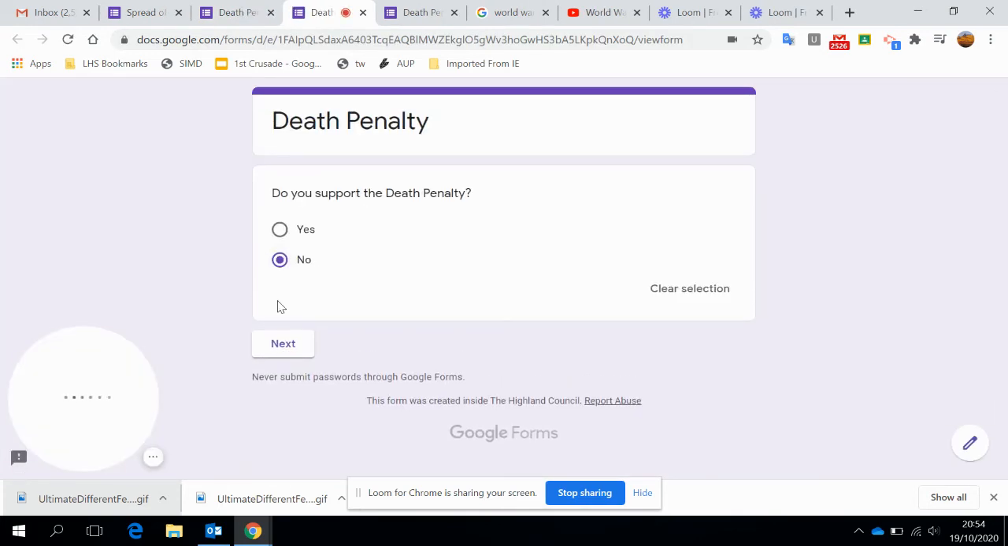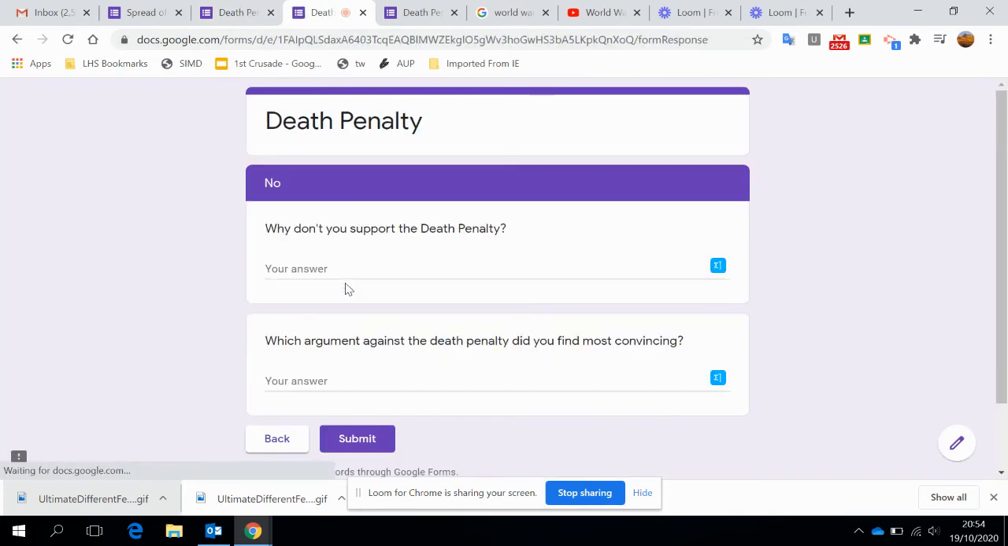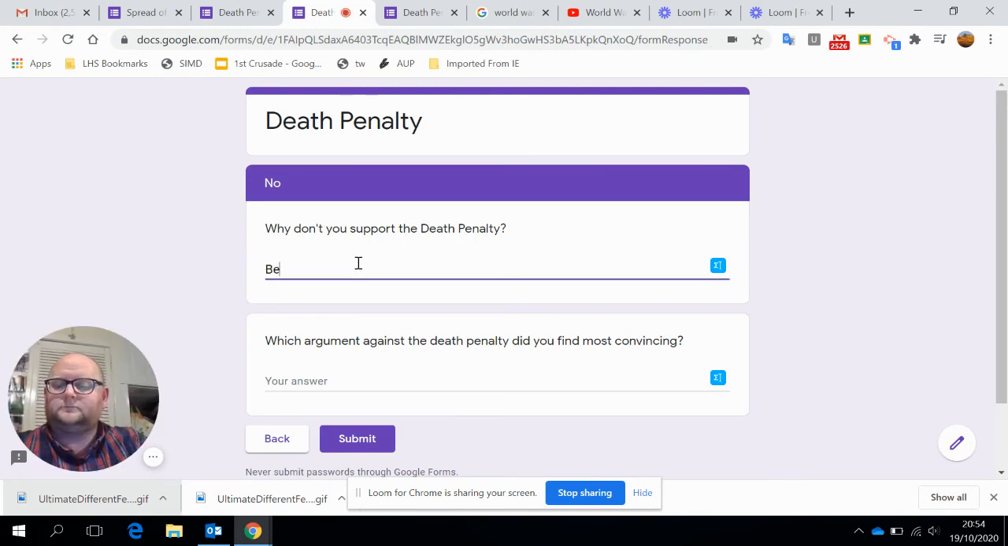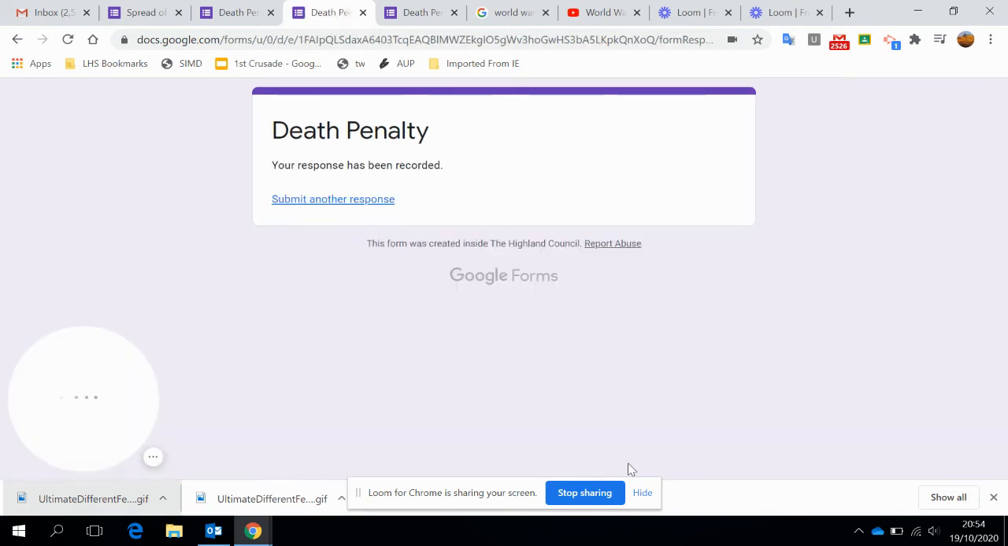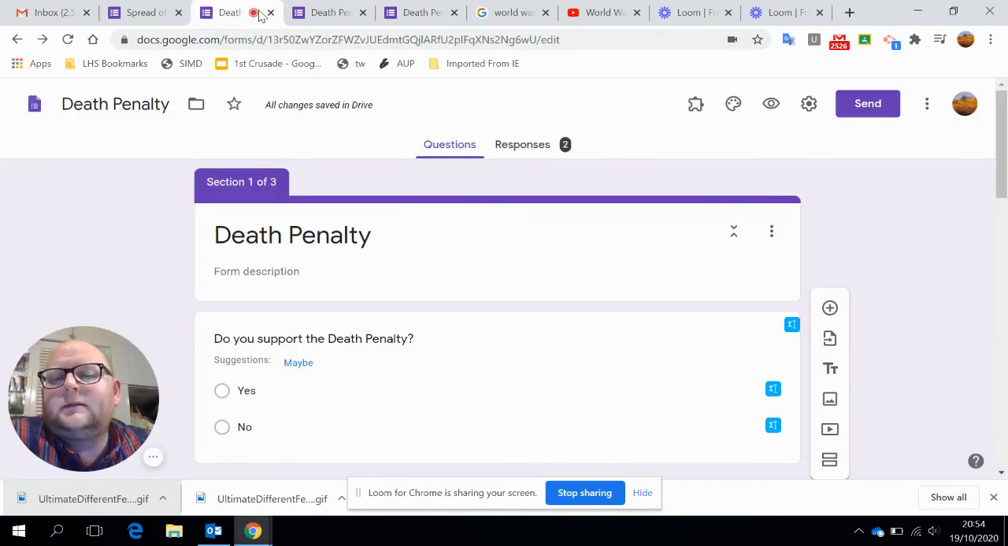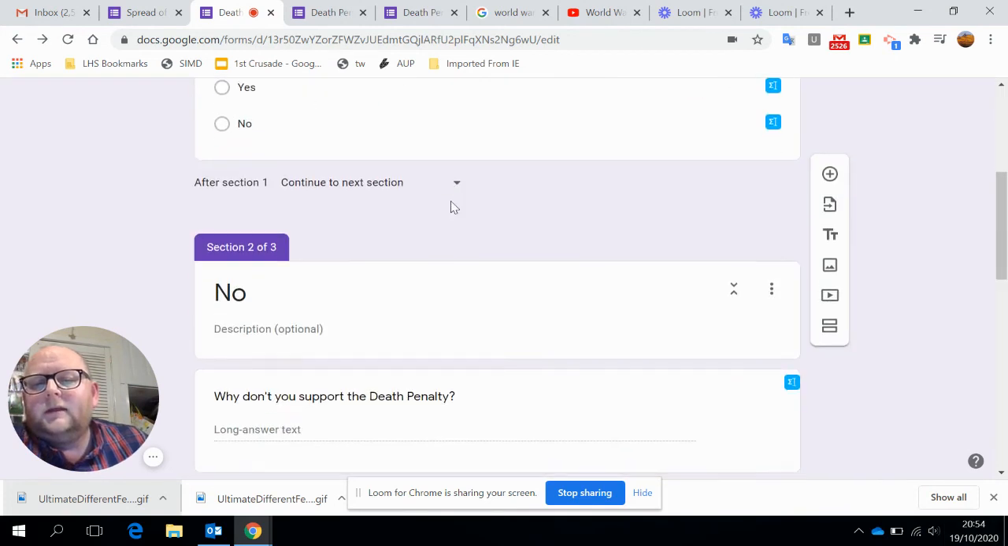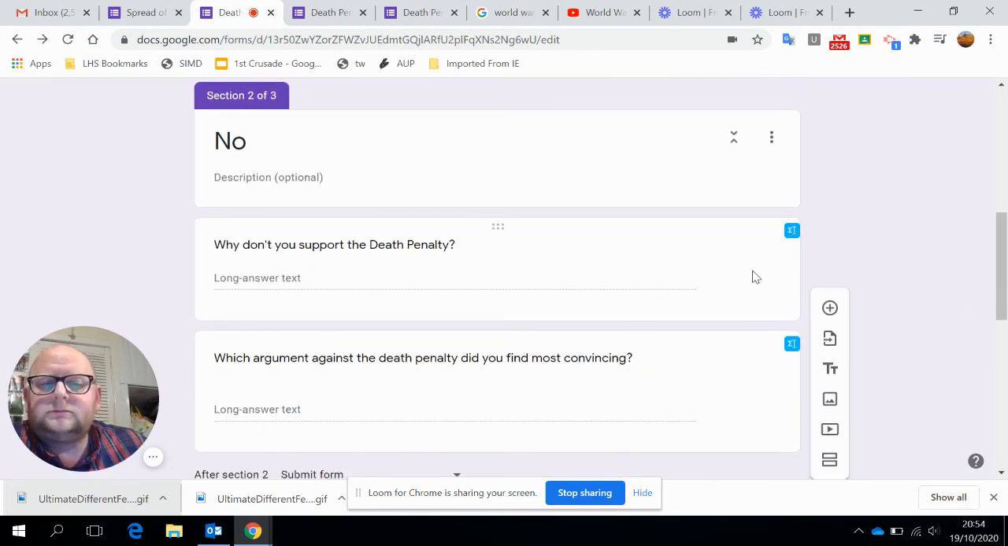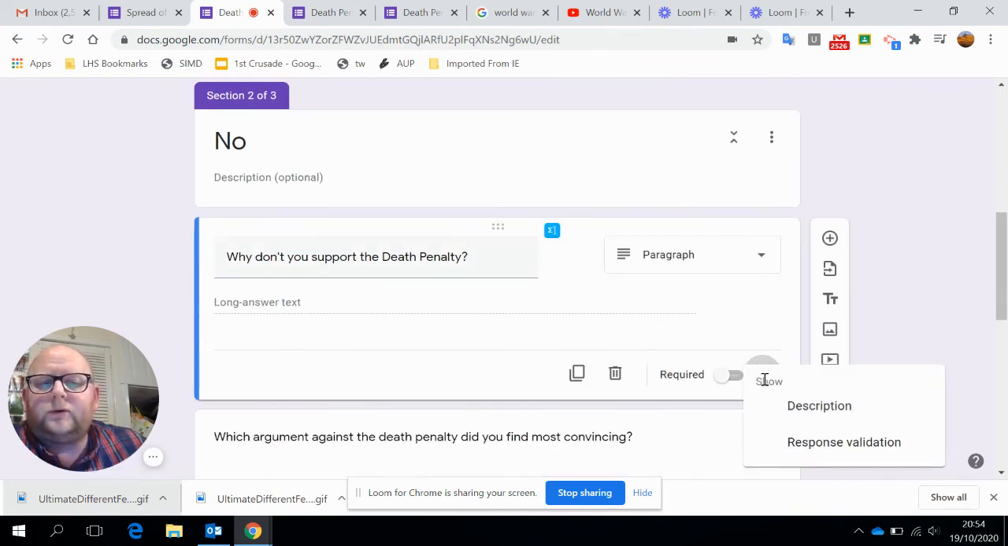Do you support the death penalty? No. Next. And because, and you can see that the submit form is there as well. One other little thing that I might show you very quickly, which might come in quite useful, something which I'm using to develop my students' abilities to answer questions. You'll see that in section 2 here,